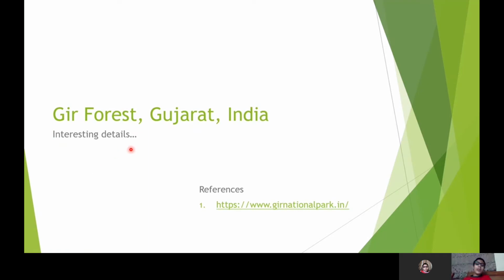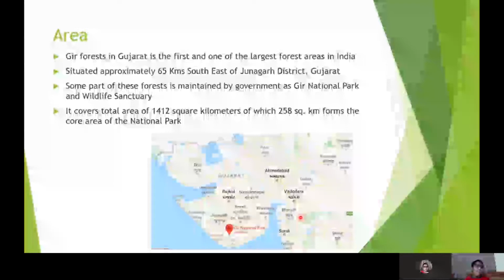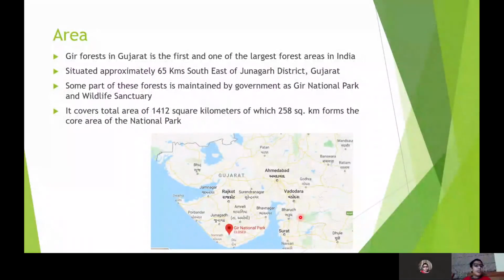Now we'll see some interesting details about Gir forest in Gujarat in India. From this website, I have gathered the information. Area: Gir forest in Gujarat is one of the largest forest areas in India,